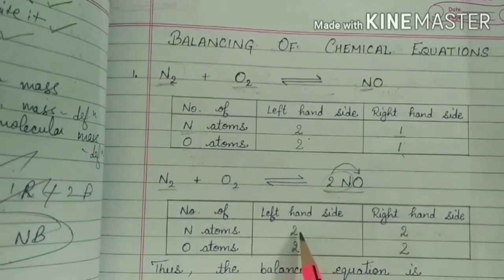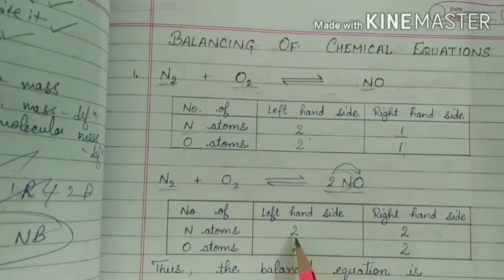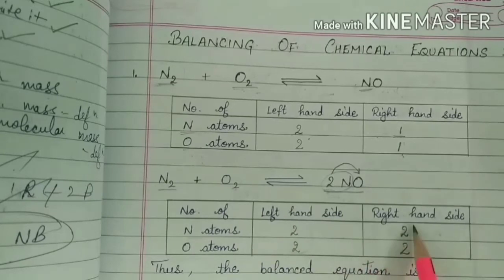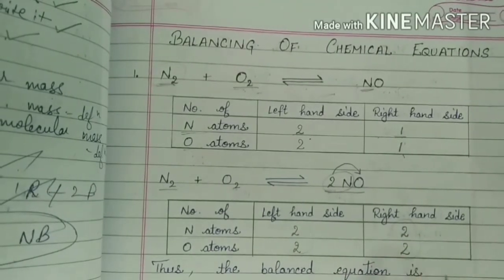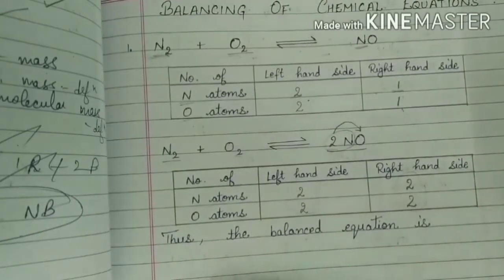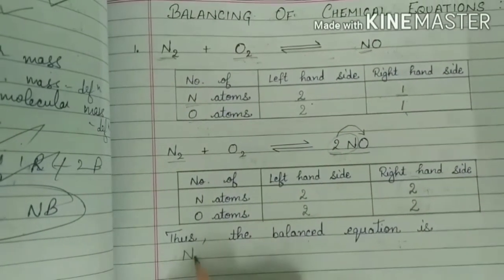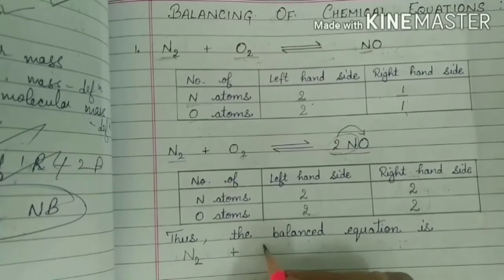So now it is clear that the number of atoms of both elements are equal on the reactant side and on the product side. So the balanced equation here is N2 plus O2